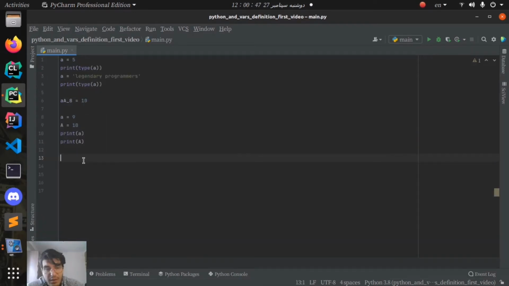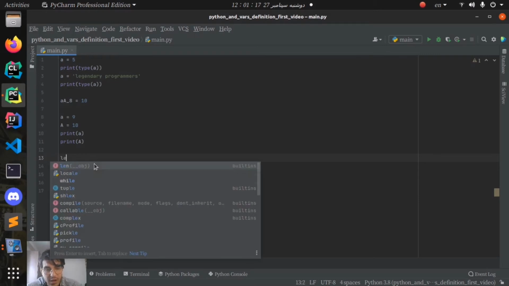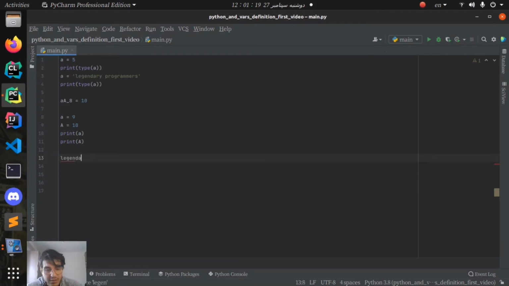And if you want to have multiple word variable names, you can use three ways that are camel case, Pascal case, and snake case. In camel case, you should write the first letter of the first word in lowercase, and other words will start with an uppercase letter. And if I want to have a variable named legendary programmer channel in camel case mode, I will write it like this,